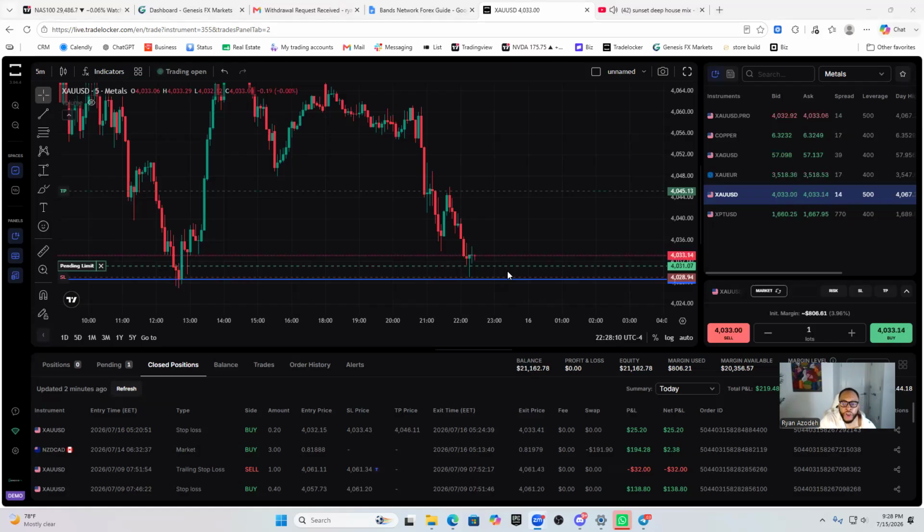All right, so basically, Genesis is connected to Trade Locker. So on Genesis, you're going to go to accounts, and on accounts, you're going to open up a live account. So whenever you deposit your Bitcoin into Genesis, you then internal transfer the Bitcoin from your wallet into your live